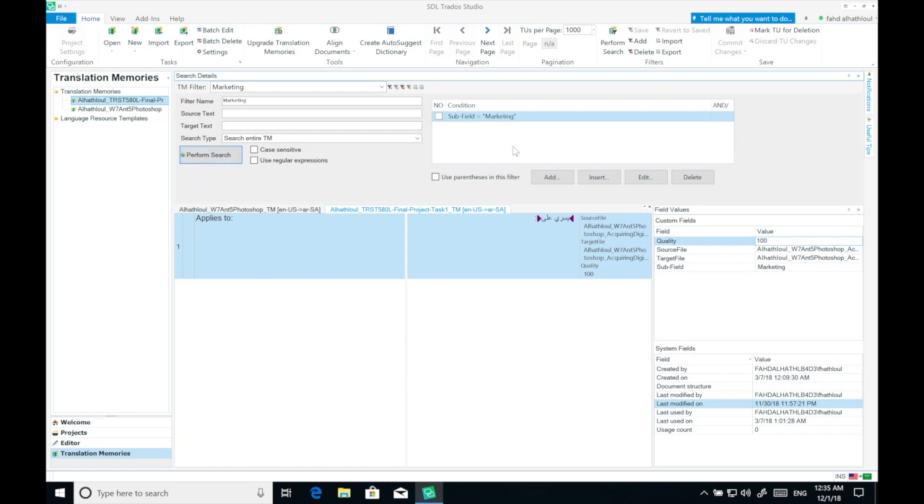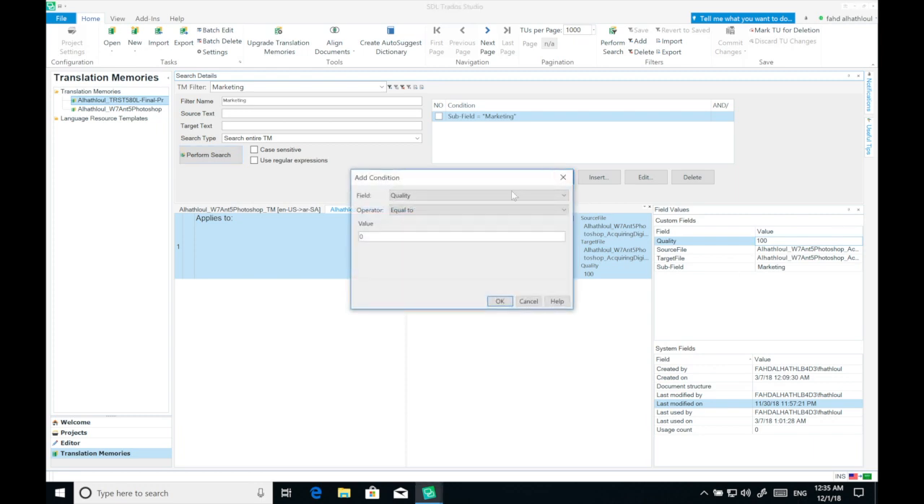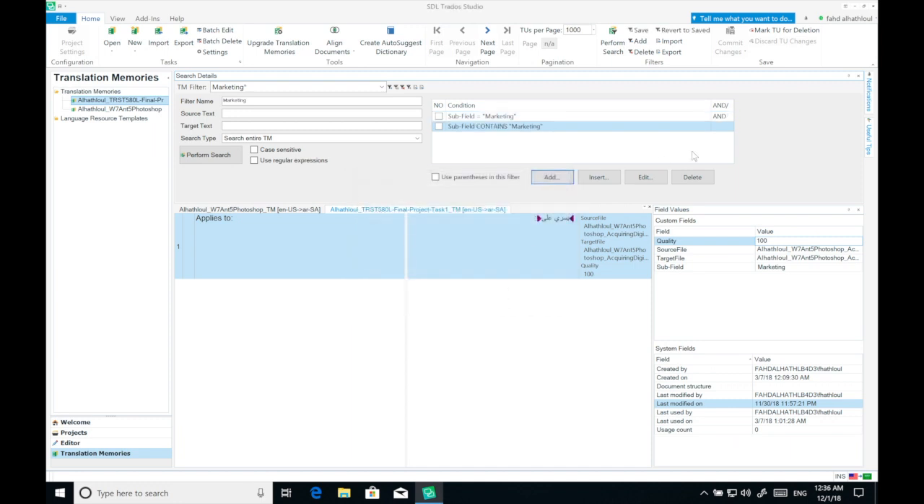Let's say that we want to have also any TU that has marketing and that contains marketing. That means maybe application and marketing, I don't know, but I need anything that has marketing in this classification. It's not only marketing. Let's add another rule then. So we'll go again and we'll make it based on the field, subfield, and then we'll make it contain marketing. Don't forget to change this to or, because if it's and, it will apply